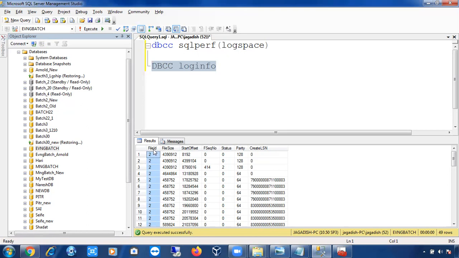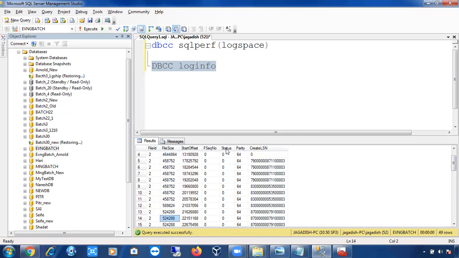Log files. Very good, excellent. File ID 1 means data file, and that's why you see only 2 here. All the VLFs are part of the log file. And the VLF size is the size of each VLF. Sometimes you can see equal parts, sometimes it depends upon the transactions and all.